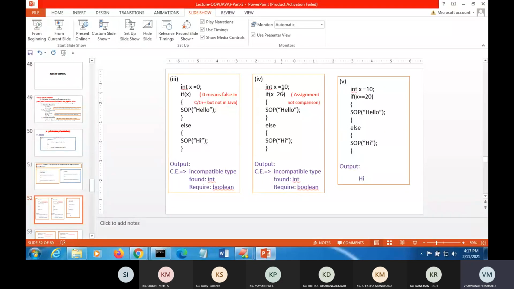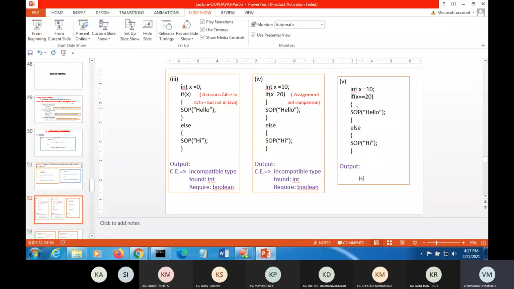Similarly here I have written x is equal to 10 and x is equal to 20. So this is an assignment statement. Observe, this equal to is not a comparison operator. Okay, so that is the assignment, and it will not return any true or false. So that's why this is also an incompatible type.